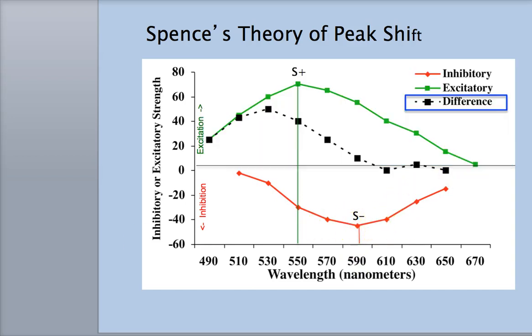Okay? So we put those together, and you end up with an excitatory gradient inside the organism, right? Excitation, S plus, I'm excited. Stimuli around it, I'm excited. And an inhibitory gradient around the S minus, which is, oh, I really hate that S minus, I don't want to respond. And these two gradients will compete. They overlap, and so the desire not to respond will suppress some of the desire to respond, and so we end up with a gradient that is suppressed from this point over because it's in competition with the S minus.